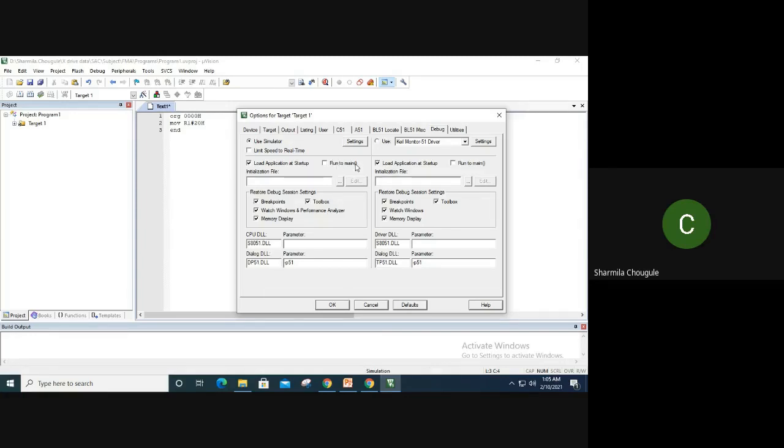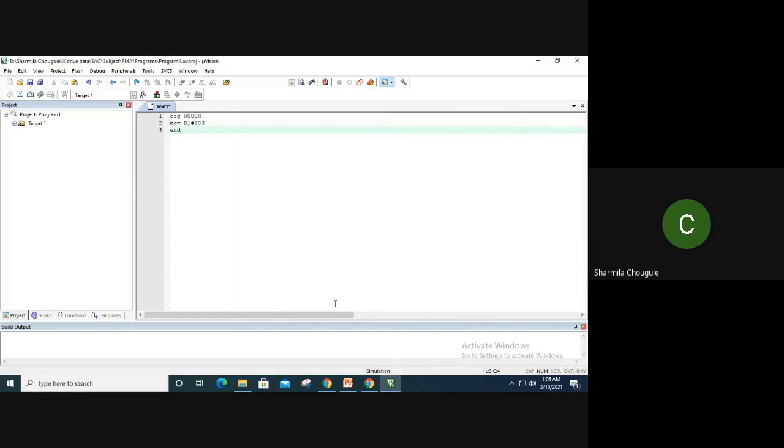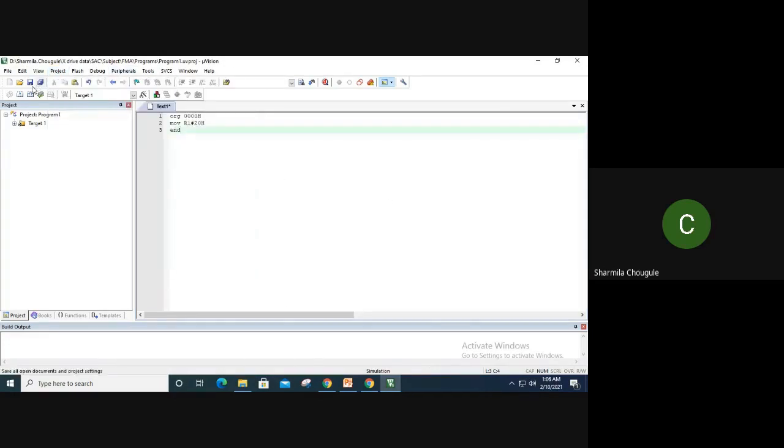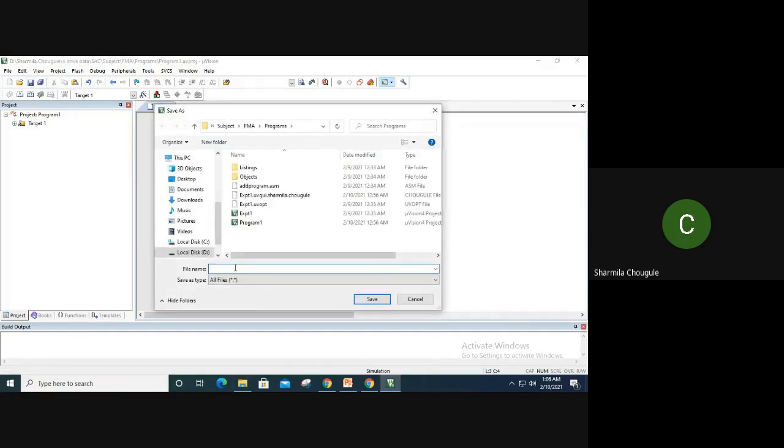So, got it up to this much. Then I'll save this file. I'll give the name here. The program was my folder, in which I have done all these programs. This is an ASM file, and now I'll create one more ASM file for the program we are doing.